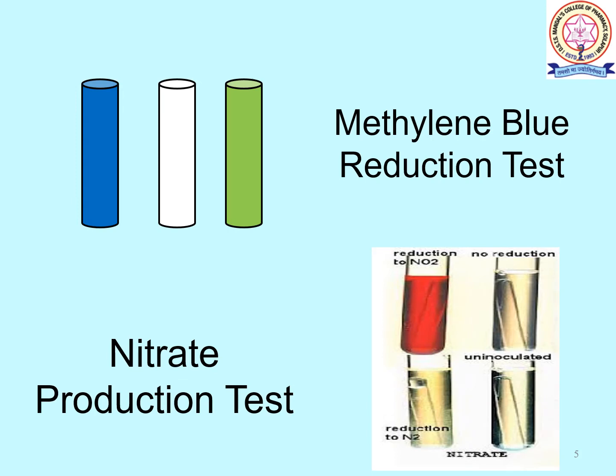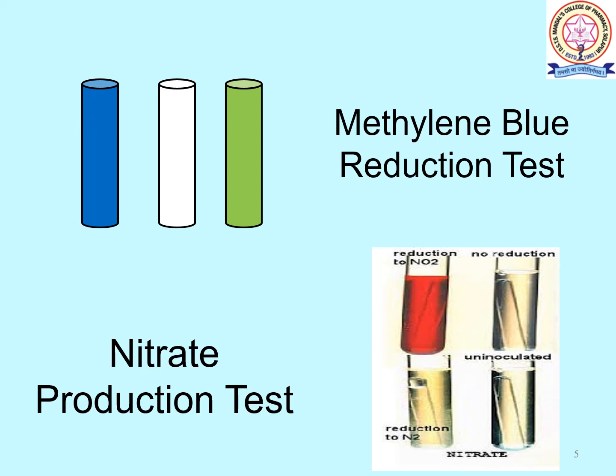Next is the methylene blue reduction test and nitrate production test. The methylene blue reduction test is based on the fact that a color imparted to milk by the addition of a dye such as methylene blue will disappear more or less quickly. The removal of oxygen from milk and the formation of reducing substances during metabolism cause the color to disappear.